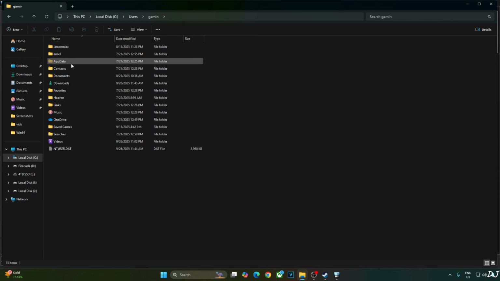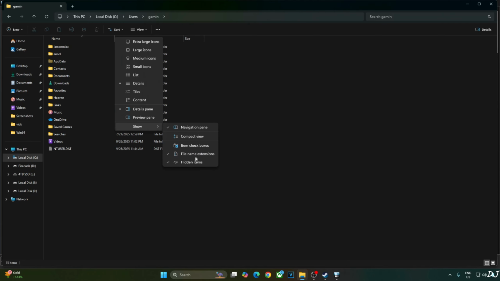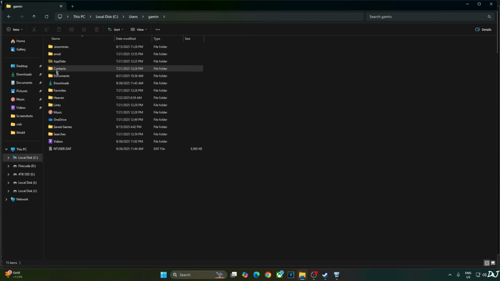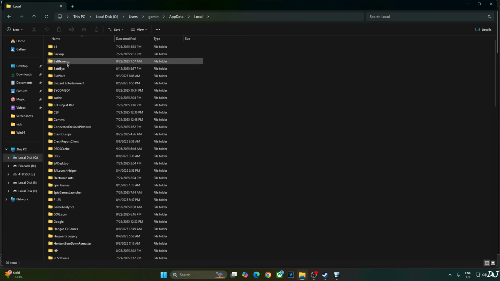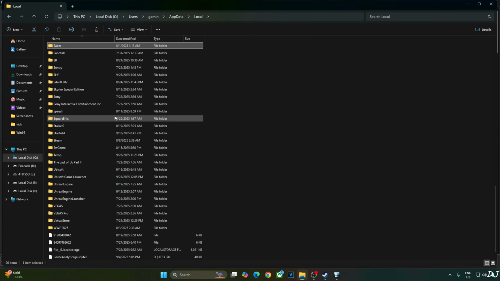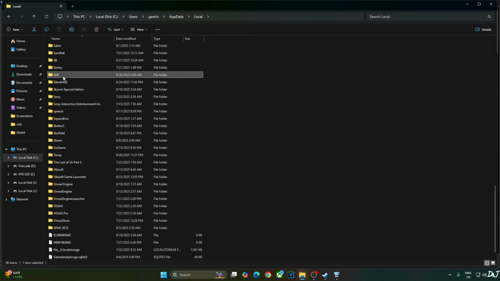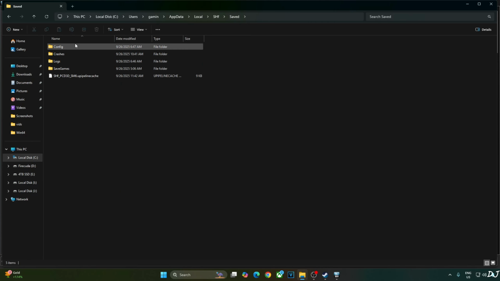app data folder. If this folder is not visible on your PC, click on view here, go to show, check the setting hidden items, open local folder. In this directory, look for a folder named SHF, there it is, open it, open saved folder, config folder, Windows folder. In this directory, you need to create a new text file